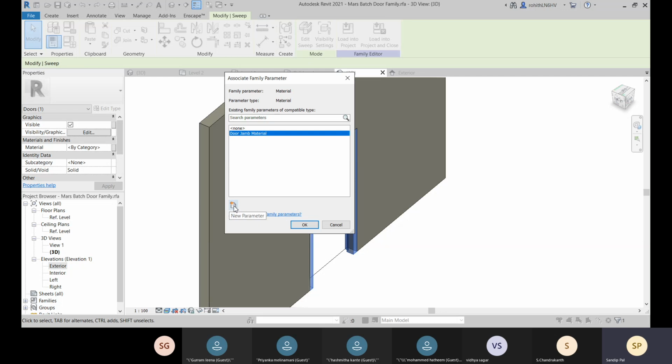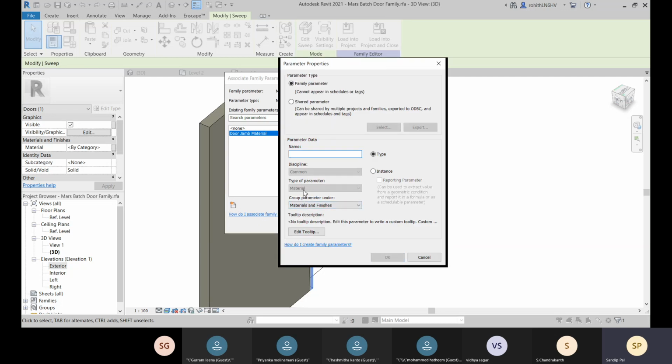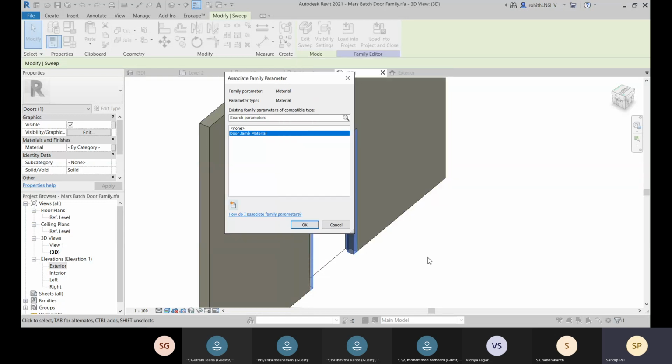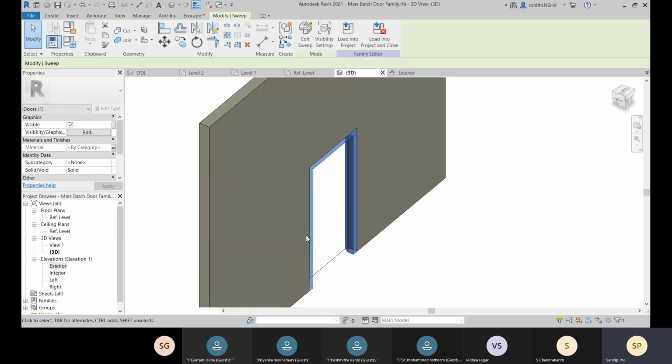So if you go for this option, you don't have to define the group, because under this material you are going to create, it will be automatically selected as materials and finishes. All right, so the door jam material is selected, and you go for OK.